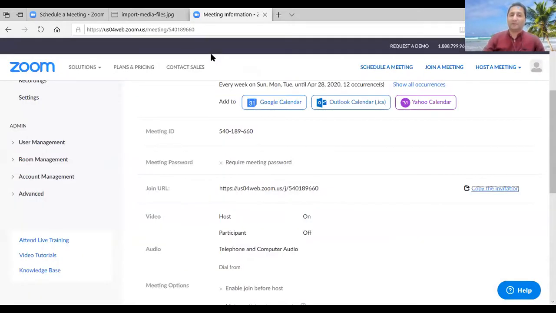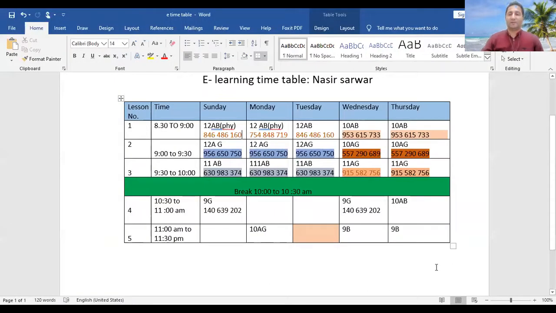Okay, I will show you my timetable again. It will take some time. Okay, this is my timetable. Can you see my timetable? Because I already generated some IDs, I will fix the ID.